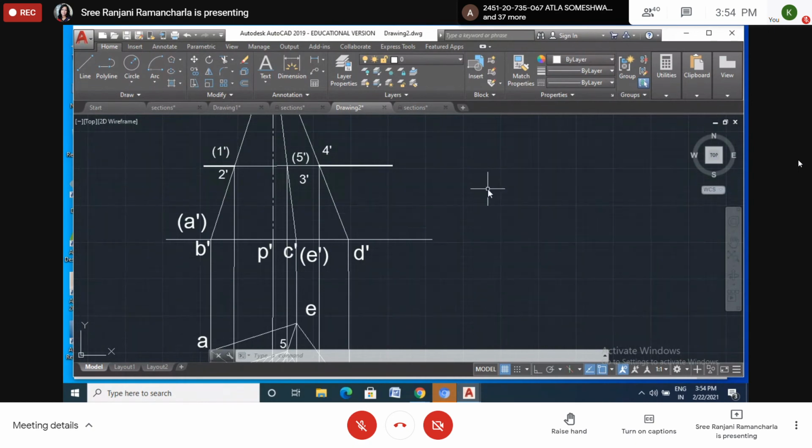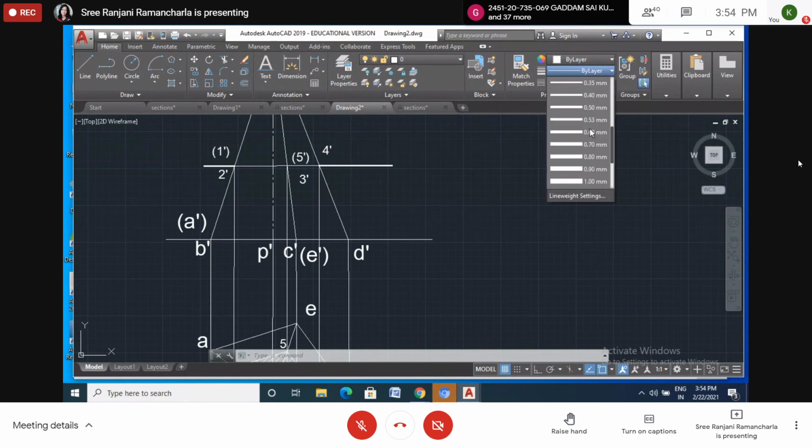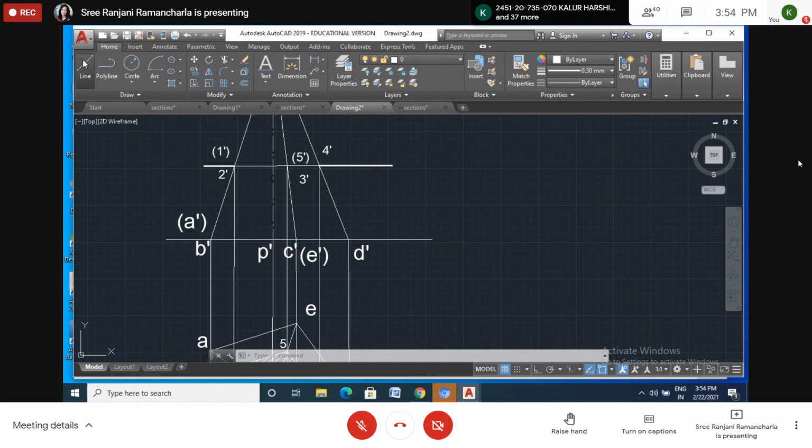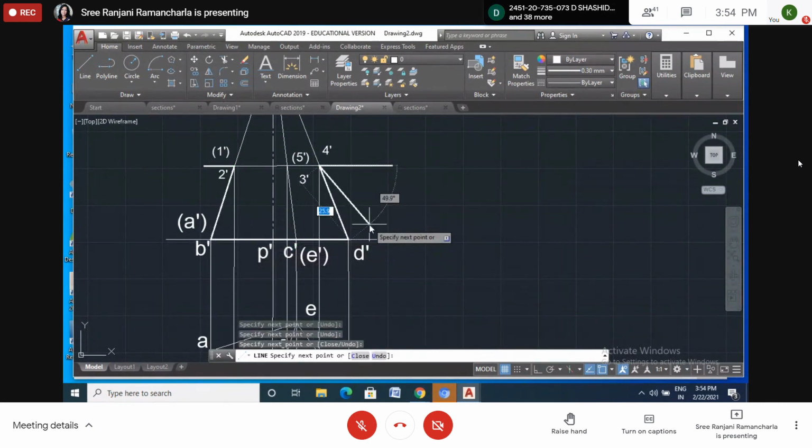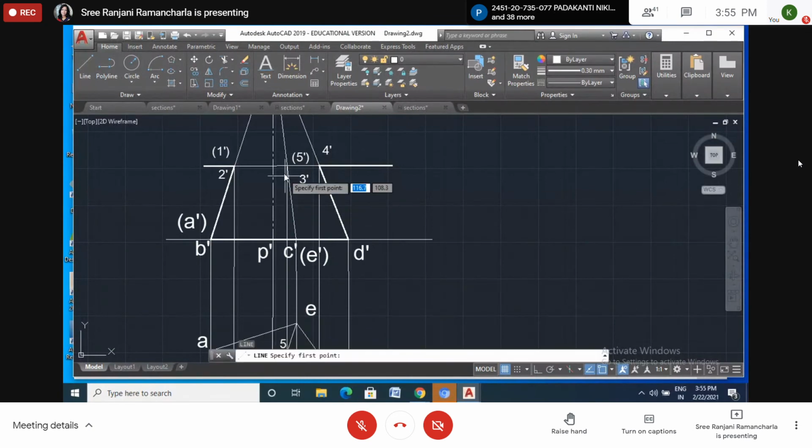So when I want to use a thick line, I will draw the line again. I will increase the line thickness. Normally I was using 0.3. Then I go for a line. I will draw the line again like this. This will be the line again. This whole base will be there. This I don't want to draw. I will change this line again. And again this line, this also is there, this also is there. Inclined edges. Okay, so this is finished.